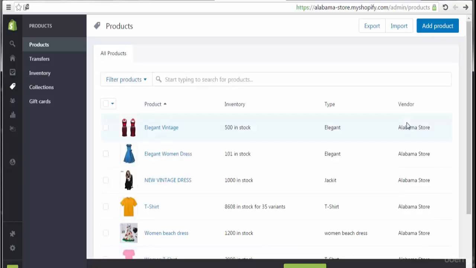Let's continue at the section of products. Now we are going to the transfers. Let's go to transfers. At this lecture,